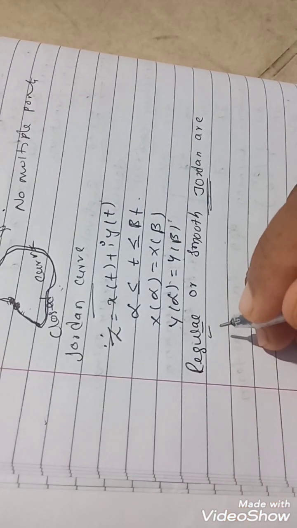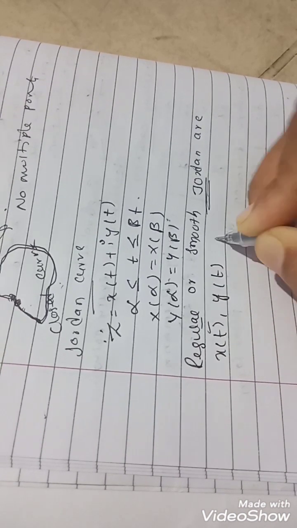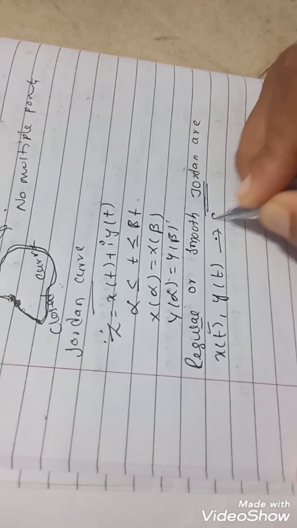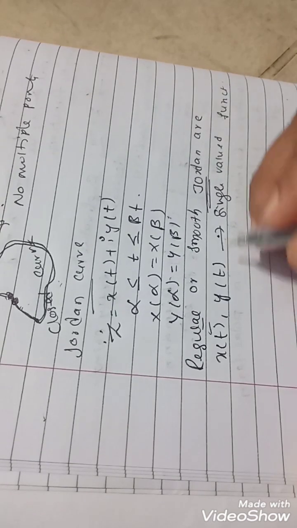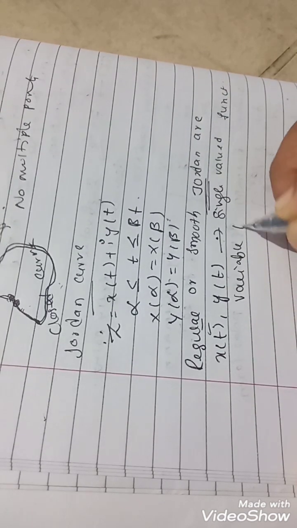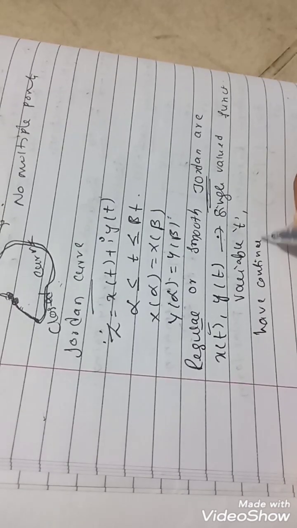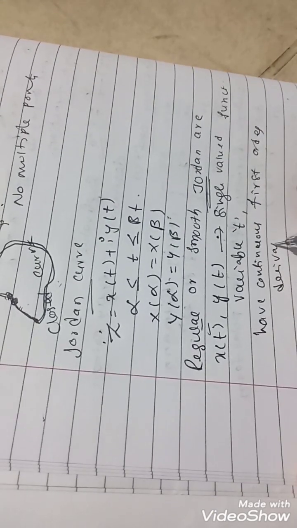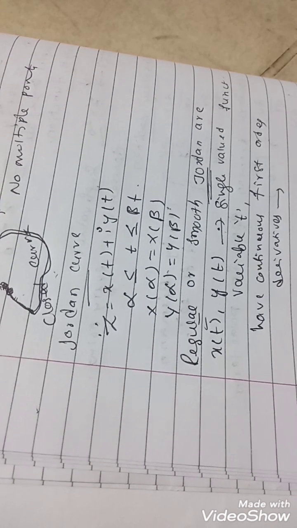If x of t and y of t are single valued, continuous functions of variable t and have continuous first order derivatives, then we call it a regular or smooth Jordan arc. Okay. Now next,